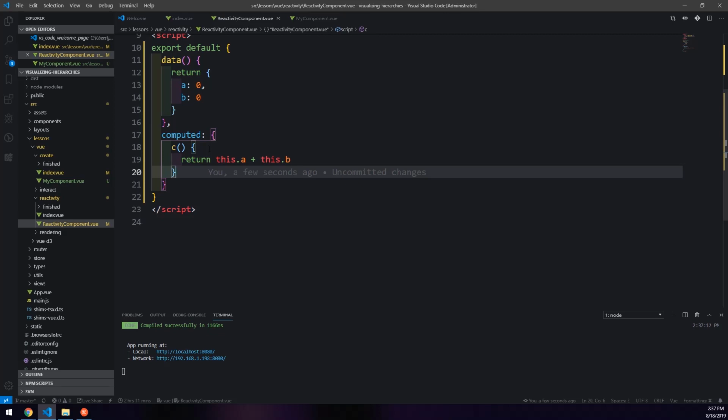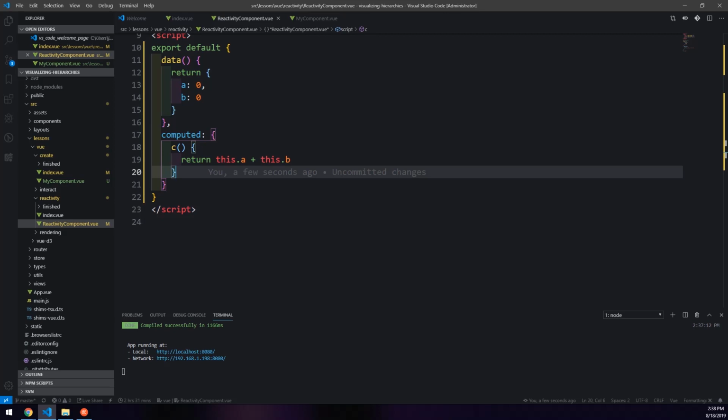However, there are use cases where we do want to have side effects, and that's where watchers come in, all right? So what we'll do is we'll add a reduced property for our data object, and we're gonna make this so that whenever the C value changes, we will set the reduced value to be the exact same value, and then we will start a loop,